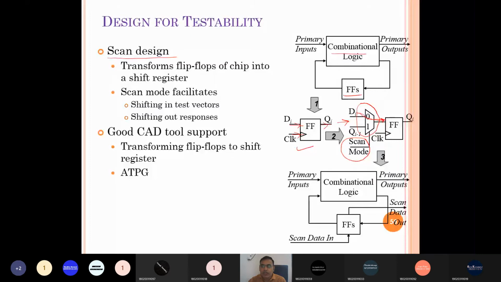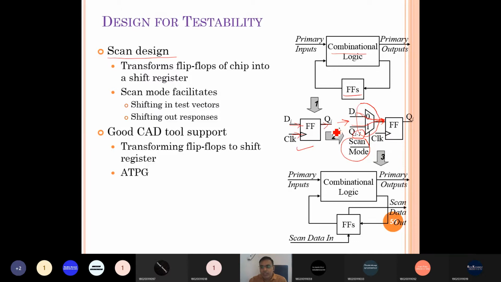When we want to test the design, we make scan mode equal to 1, and it selects QI minus 1, the previous flop's output. So the flops are connected in sequence.